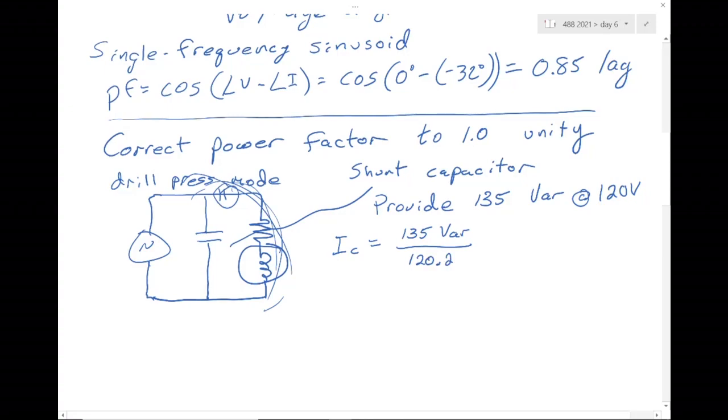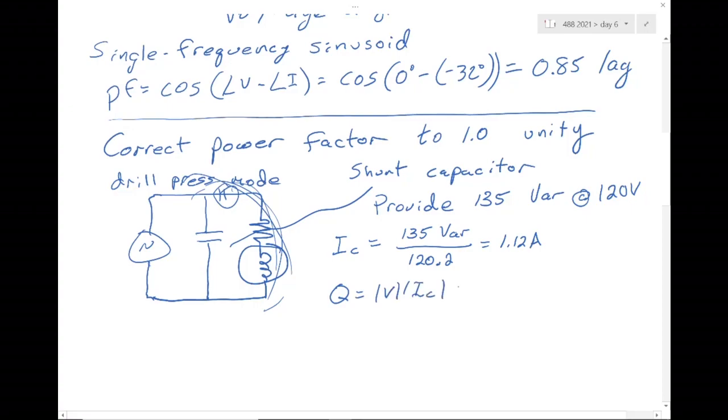Okay, now you're thinking, hang on, you told us we have to always do complex math when we do calculations like this, and that is correct. So why can I do this scalar calculation? I'm going to write it down, 1.12 amps, because Q, as we know, is magnitude voltage, magnitude current,